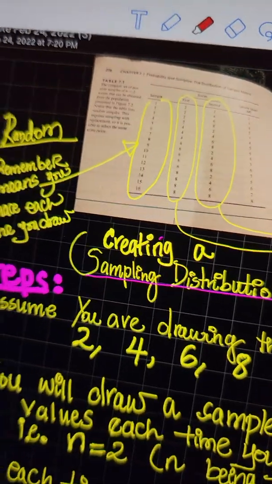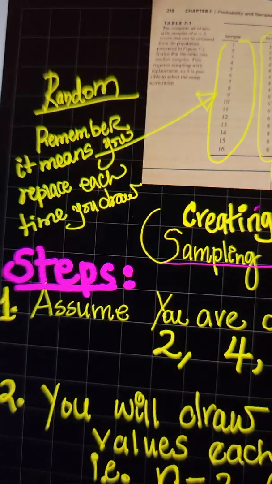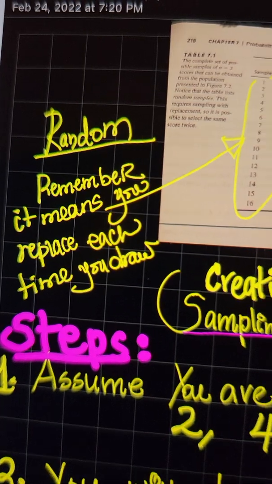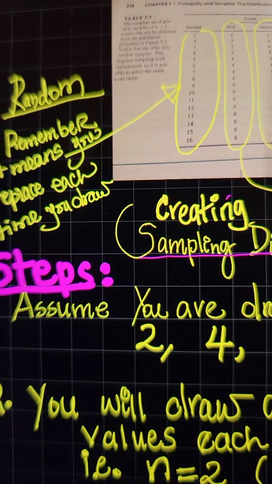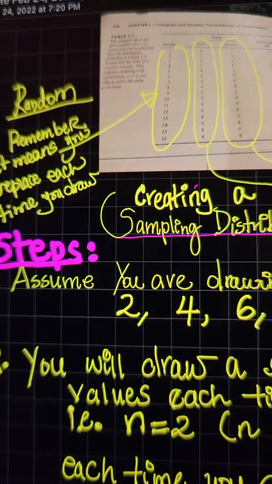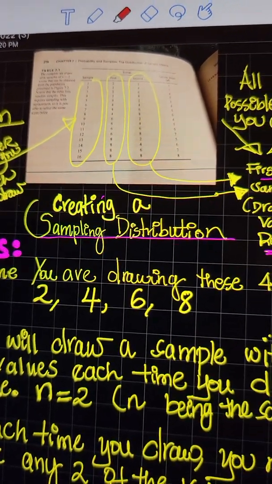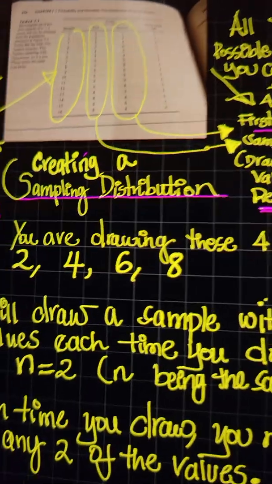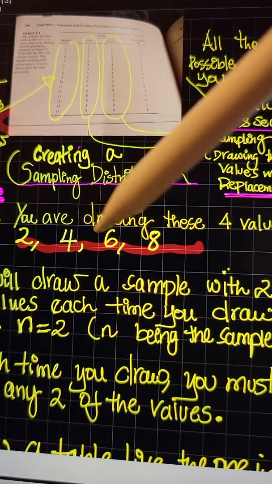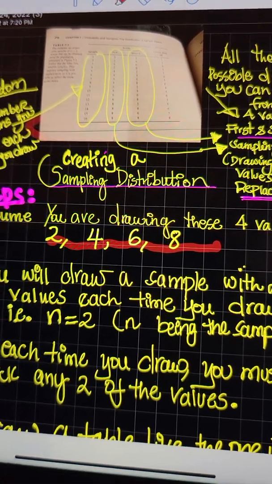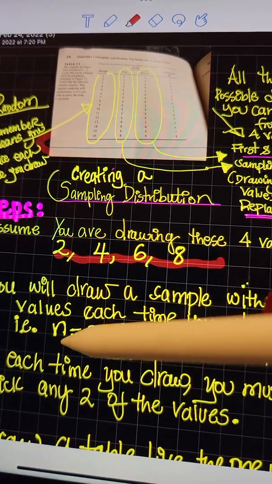But I want you to see that this is random sampling. Remember what we talked about in class, that random sampling requires that every time you draw, you replace that value or that number or that marble or that card that you have drawn. So in a sampling distribution, we are working with these four values, which are 2, 4, 6, and 8. And the order is telling us that we can create